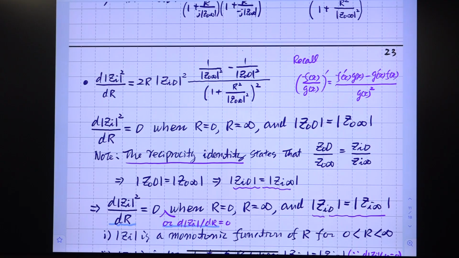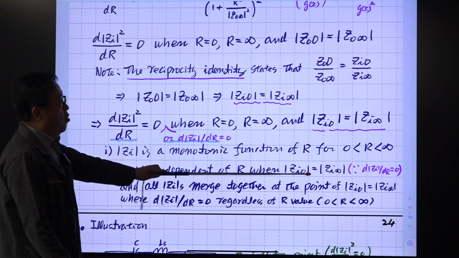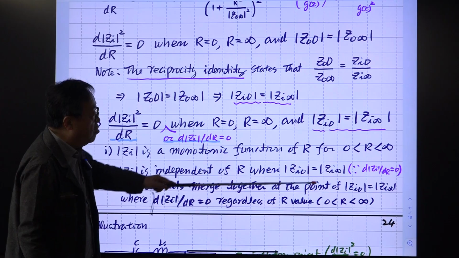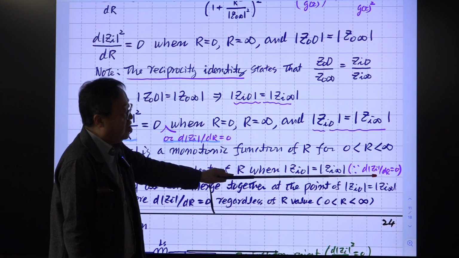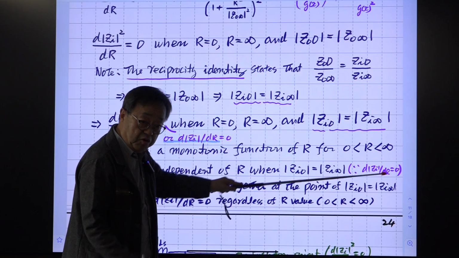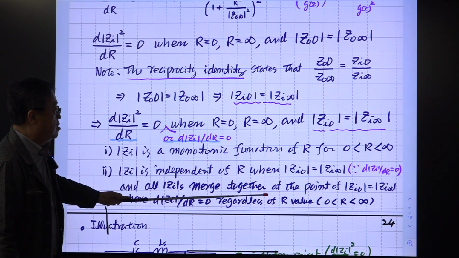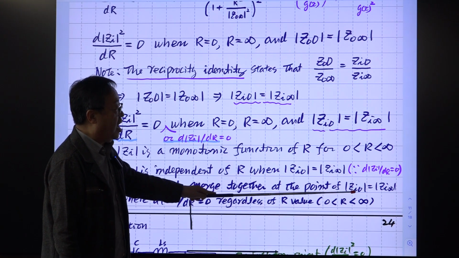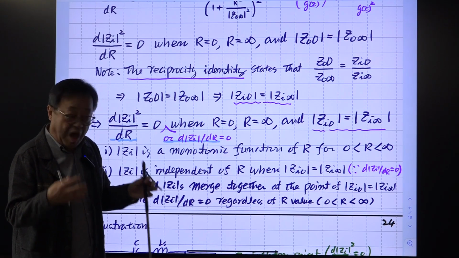And what very important singular point is this point? This point. Okay. So all the input impedance curves merge together into a single point because at this point, the Gi magnitude is totally independent of this R. Okay. For different R, the magnitude will be the same. So all the curves will merge at this point. Okay. Gi0 is the same as Gi infinity in their magnitude.